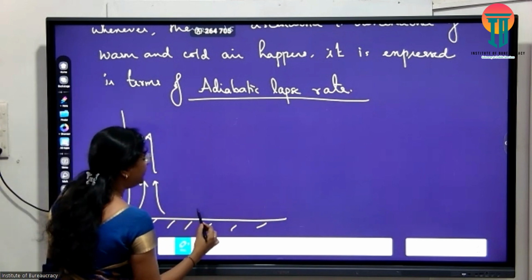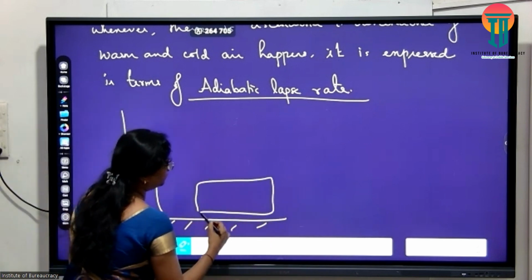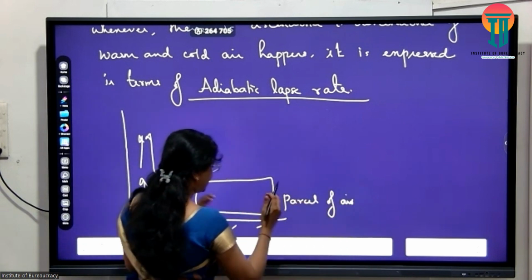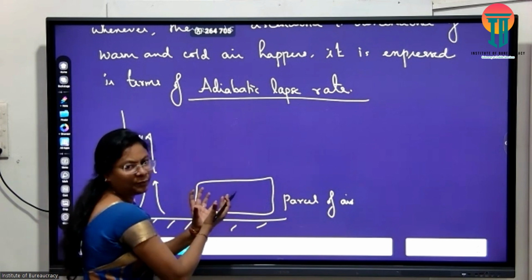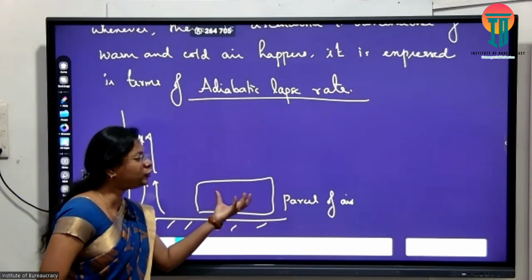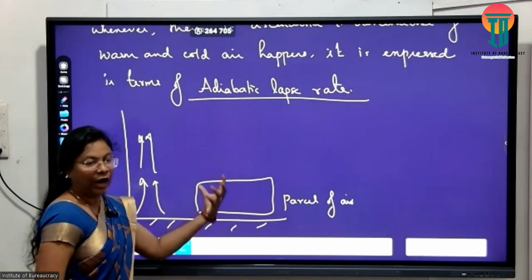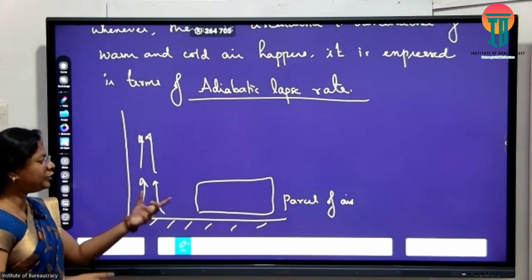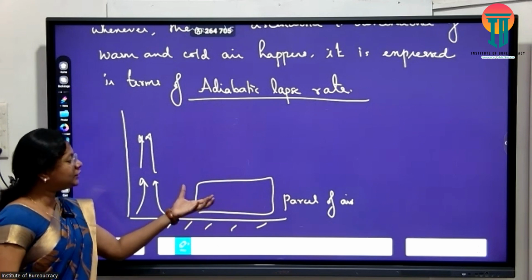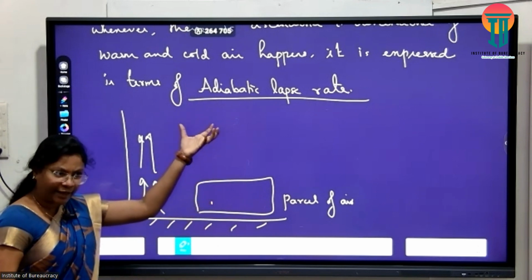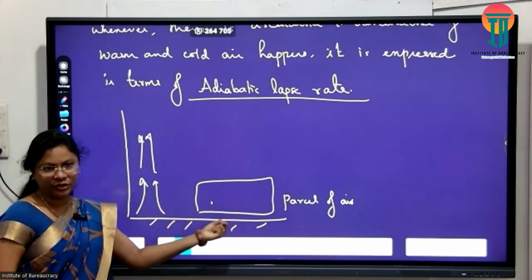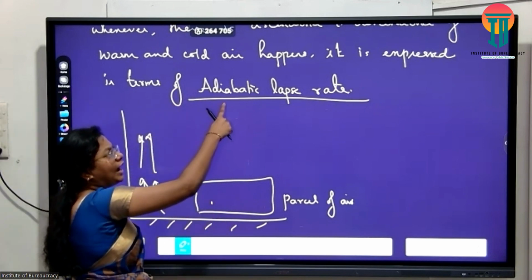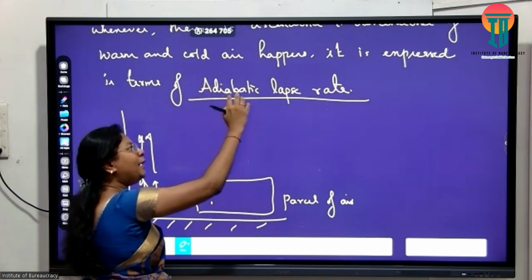So here we take a parcel of air. It is not static air, it is a specific parcel, a specific volume of air, because this is the air which is going to convect up and down. When that happens, it increases and decreases depending upon the nature of the air. Warm air cools as it goes up, and cool air warms as it comes down. So on that note, lapse rate is expressed in terms of adiabatic lapse rate,